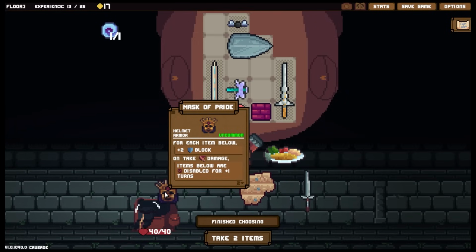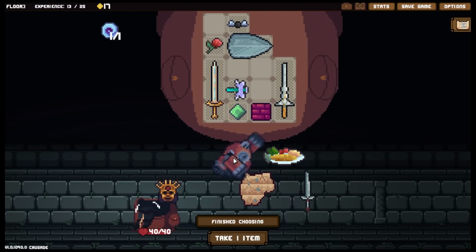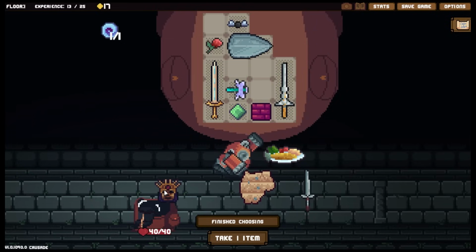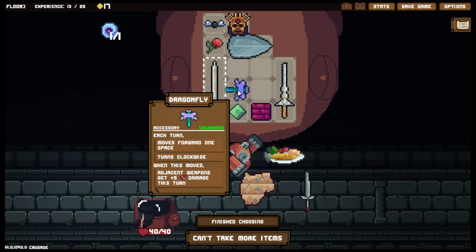We've also got the Mask of Pride. For each item below, plus 2 block. On take damage, items below are disabled. It's a risky one, that, but it is a nice one to have all the same, I would say. I mean, if nothing else, I could sell it. The mechanized toy is grand and all, but no, I don't think we're going to go with that one. I think we'll take the Mask of Pride, and we will bring that...